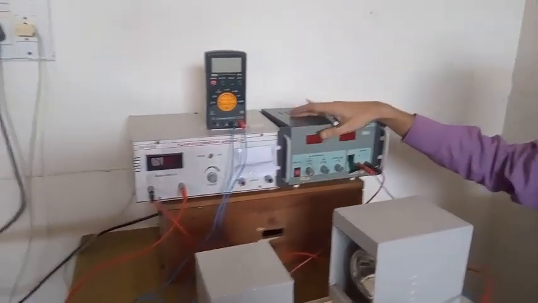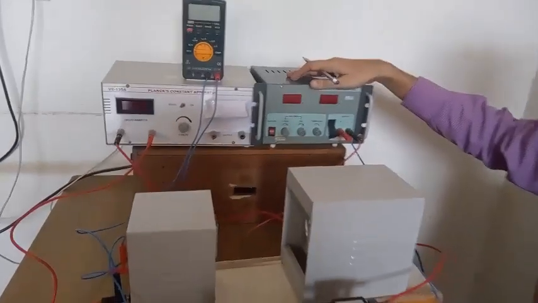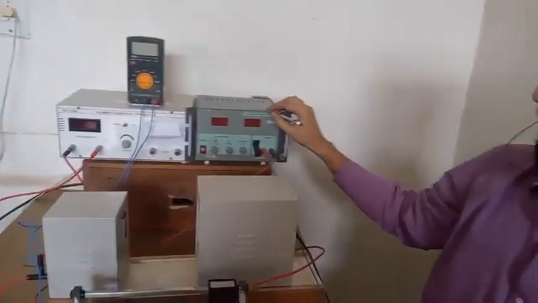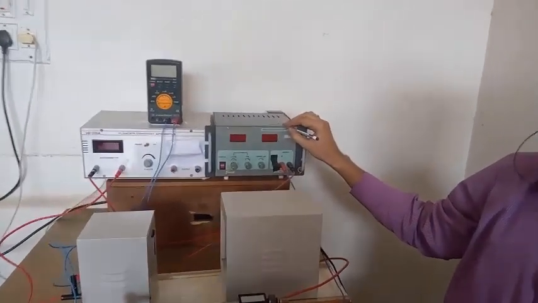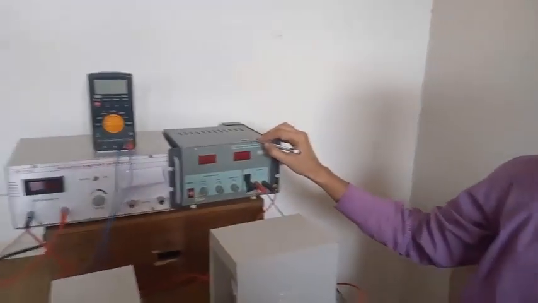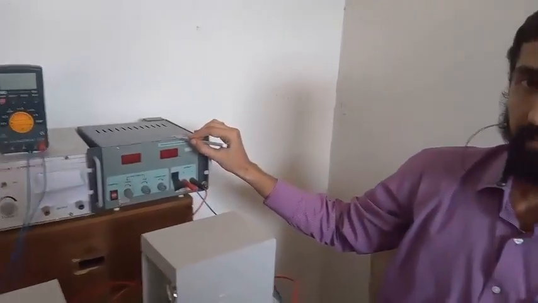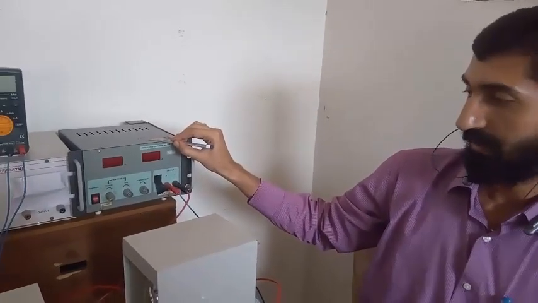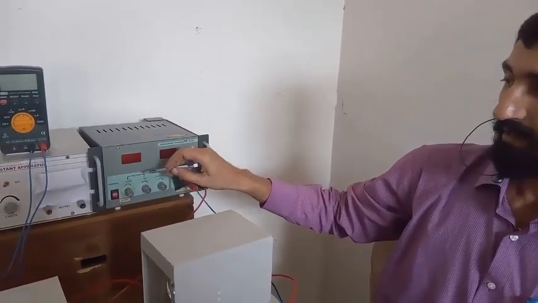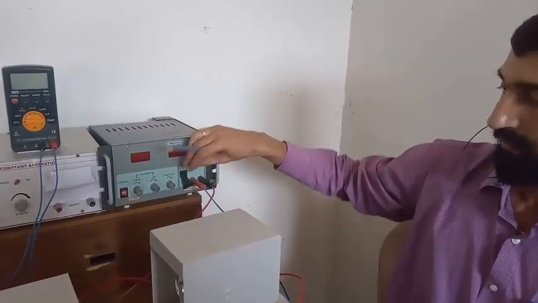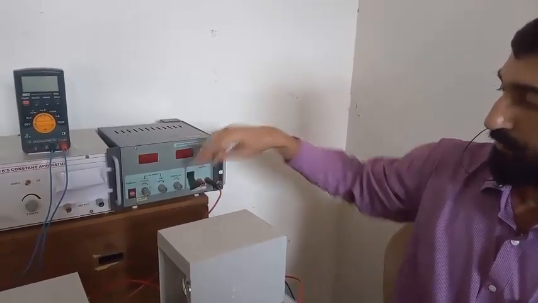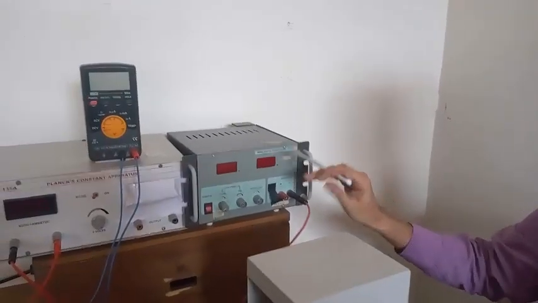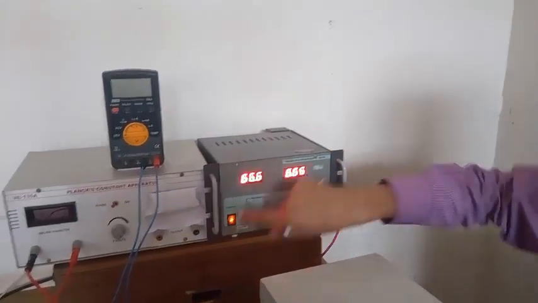See, this is the power supply. As I told you before, this can give us a voltage up to 32 volts. As per our requirement, we can adjust any voltage. For the forward VI characteristic, around 5 volts is more than enough. Therefore, first of all, I'll adjust that much voltage in this power supply. During that, I'll remove the positive terminal of the battery for a moment. Then I'll switch this on.